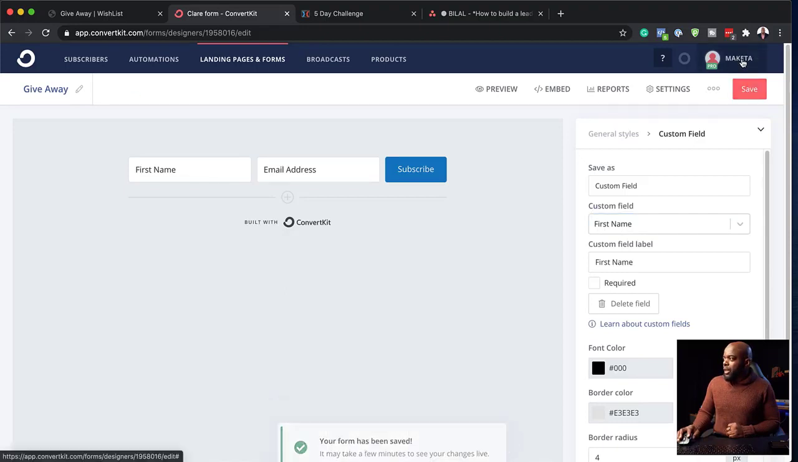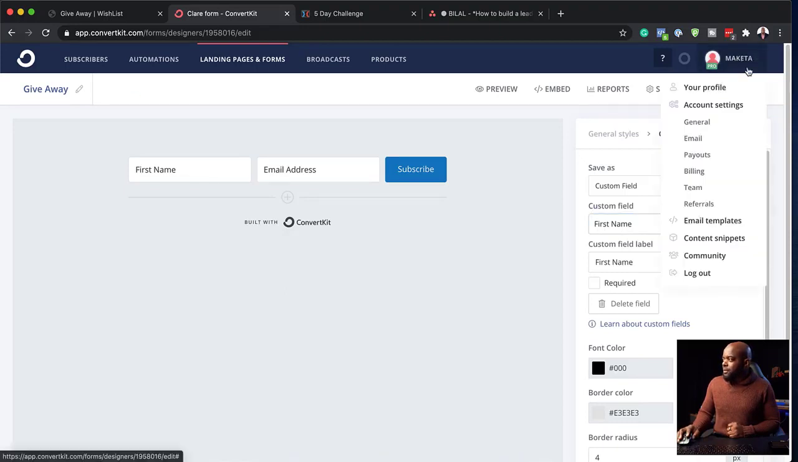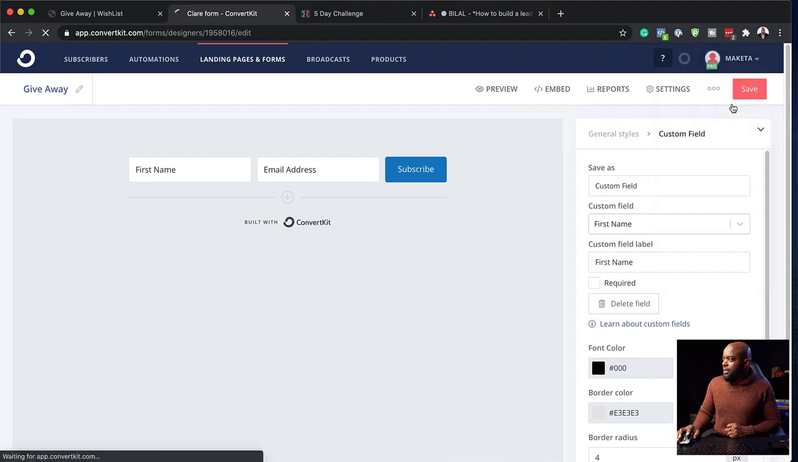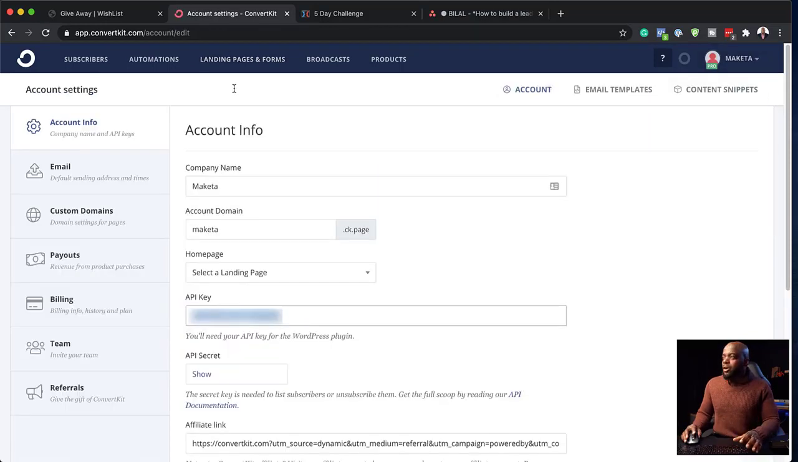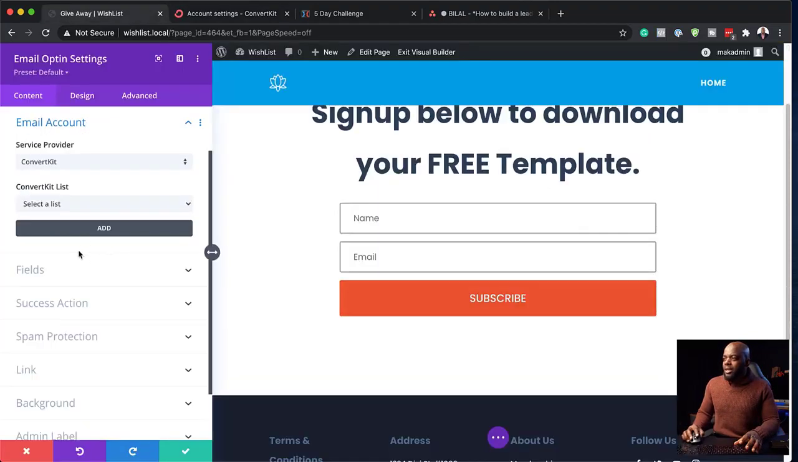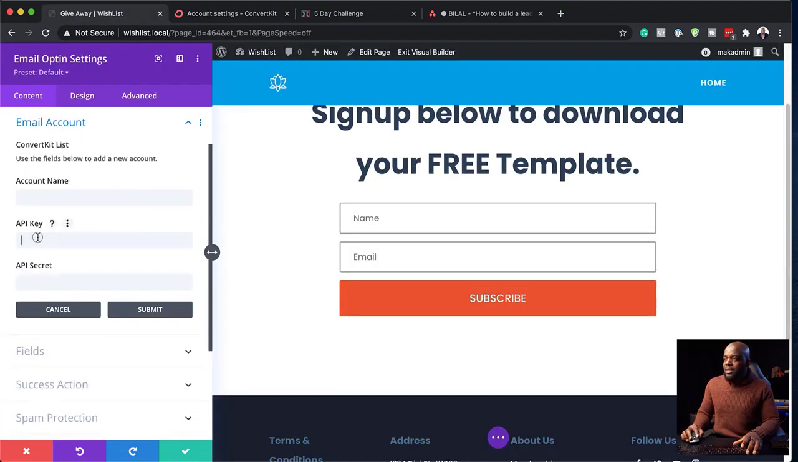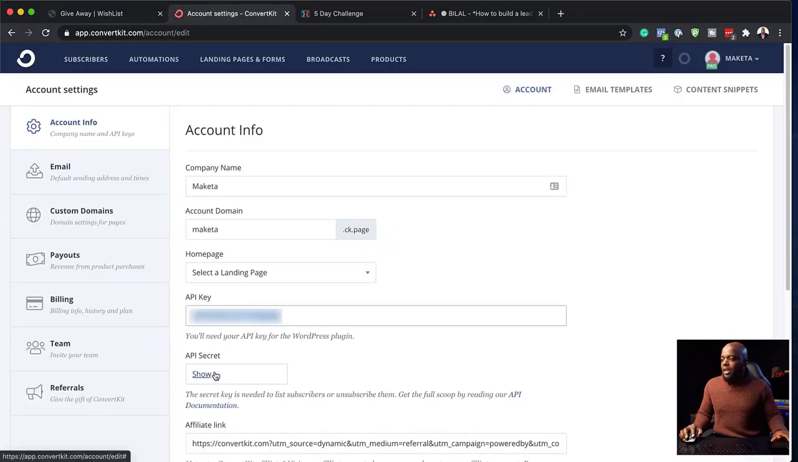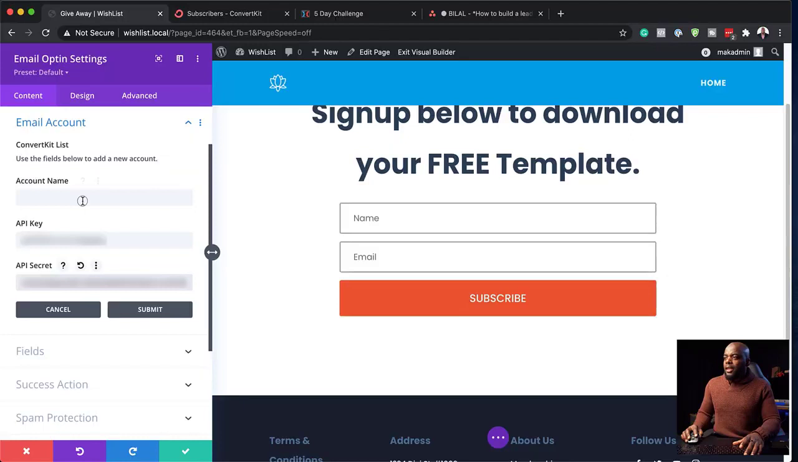Now I need to come over here to my account, click on account settings. So here I am going to copy my API key because we're going to need it over here. So if I click on add, this now is asking for my API key. There we go. And my API secret is here. So this is where I need to click to get my API secret. So just like how I did before, I'm going to copy it and paste it. And then I'm just going to call this giveaway